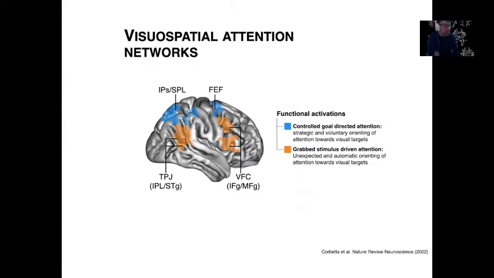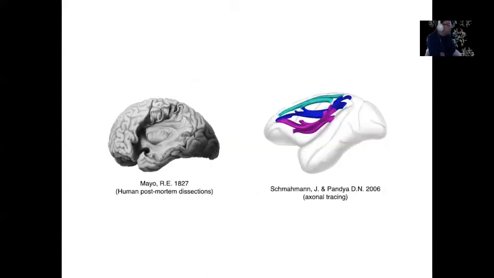Now, you can see that this has been published in 2002. And when I started my postdoc in 2007, my goal in life was to try to understand how these activations in the frontal lobe can work with this activation in the parietal lobe. What are the wires supporting it? Indeed, you have some beautiful postmortem dissections that exist from the 19th century, such as the one of Mayo, where you could eventually imagine that some fibers that you can see in the vicinity of the parietal cortex are connecting the frontal cortex, but there is no real map of it, so it's difficult to know.